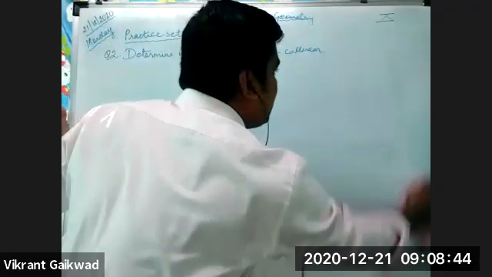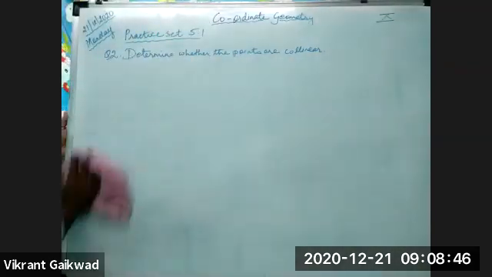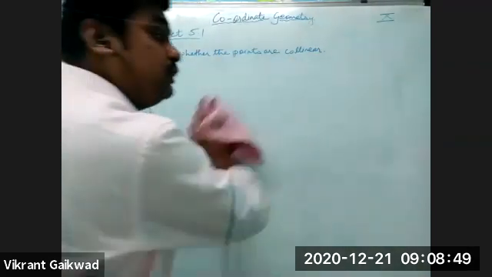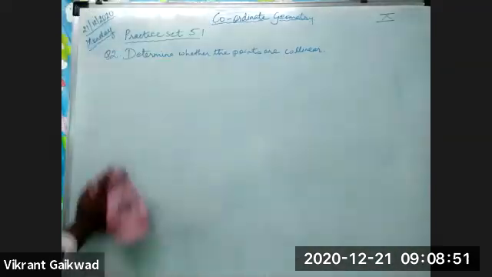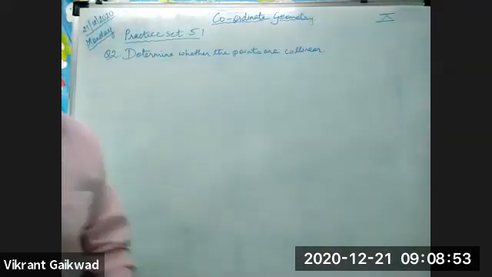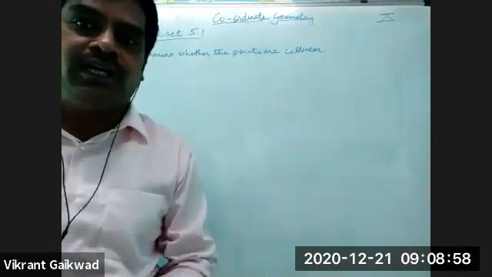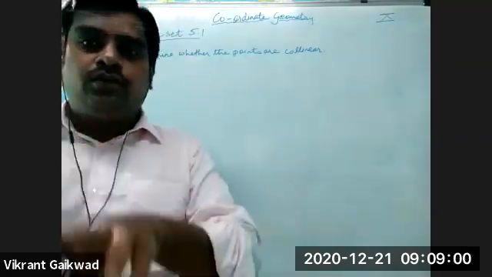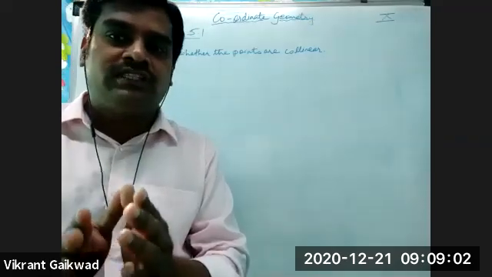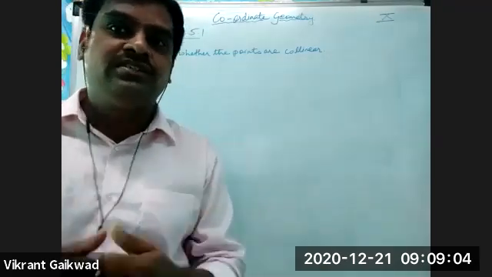Yes, Lakshmi beta, you can unmute and ask. Yes, beta. Yes, it can be A plus C equals to B. It can be A plus B equals to C. It can be B plus C equals to A. It can be any two sides because exactly we don't know what are the distances of those particular sides. Understand? So you have to just add any two small sides after getting the distances.